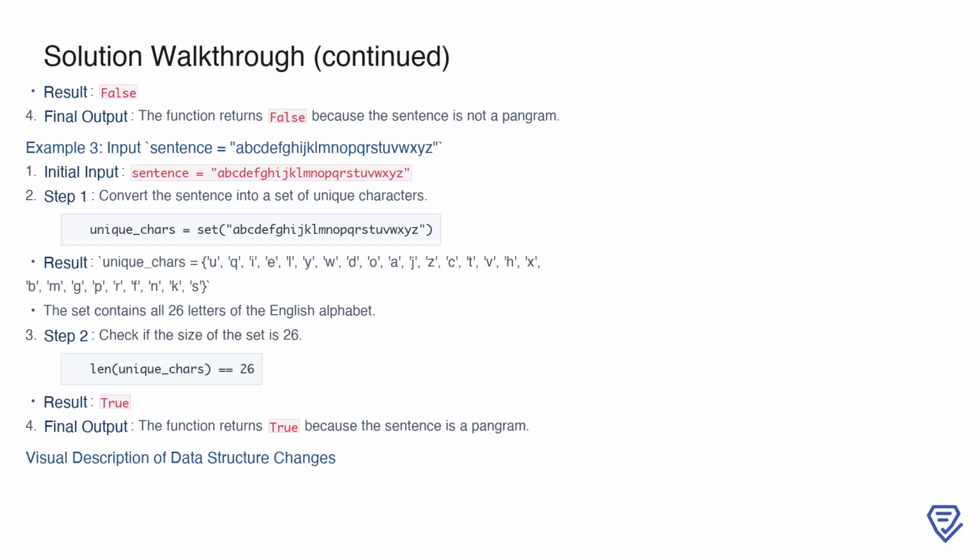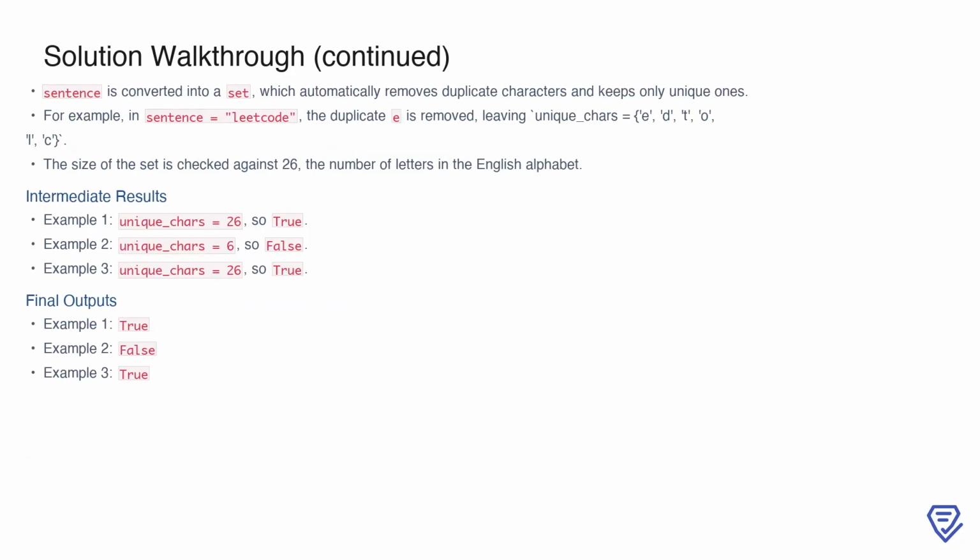These examples demonstrate how the method leverages the properties of sets to efficiently solve the problem by focusing on uniqueness and size. The key insight behind this solution is the use of Python's set data structure, which automatically removes duplicate characters and retains only unique ones. For instance, when we process the sentence LeetCode, the duplicate E is removed in the set, leaving us with unique_chars equals E, D, T, O, L, C. By checking the size of the set against 26, we can determine if the sentence includes every letter of the